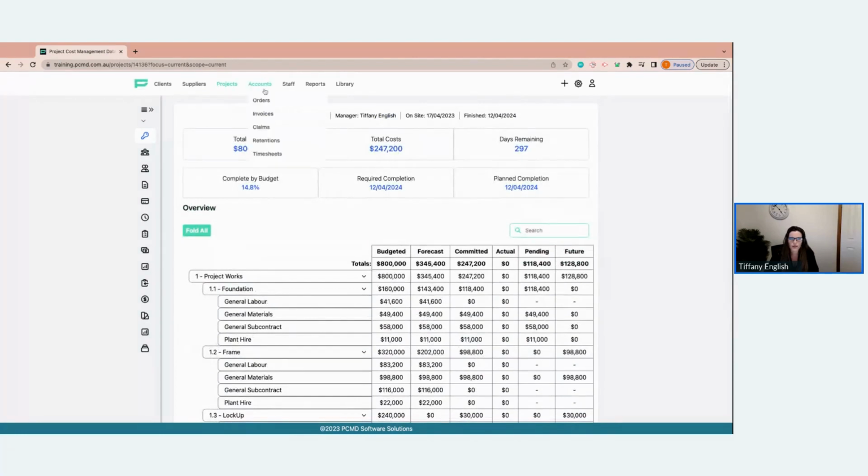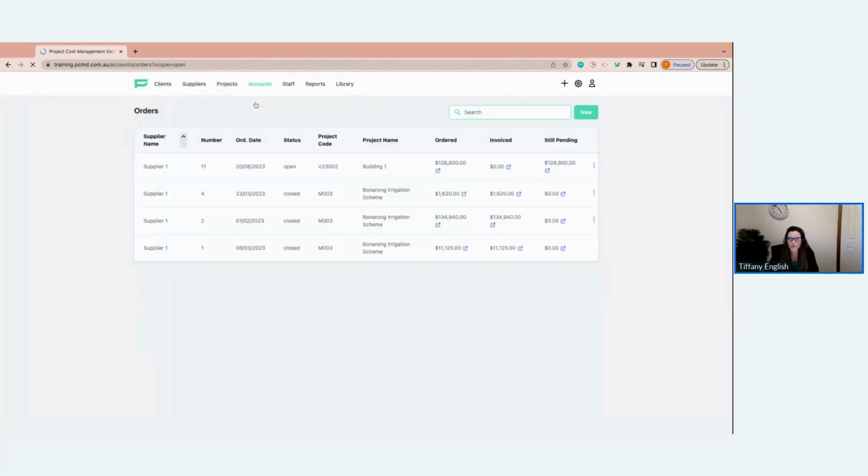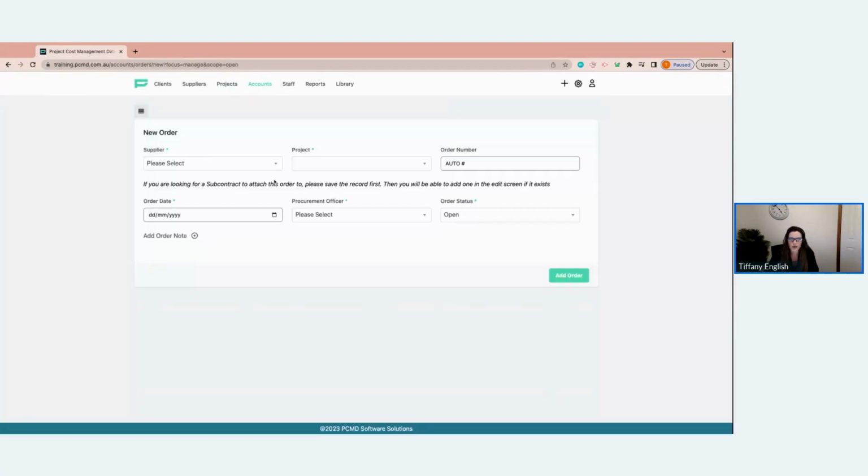Now, if I wanted to raise an order against accounts, I can also do that here by just clicking new. The difference being I'll obviously have to find the project that I want to raise the order to, but it will drop down and give me all of my estimates and show me what's remaining on the budget, etc. Either way, whatever works for you